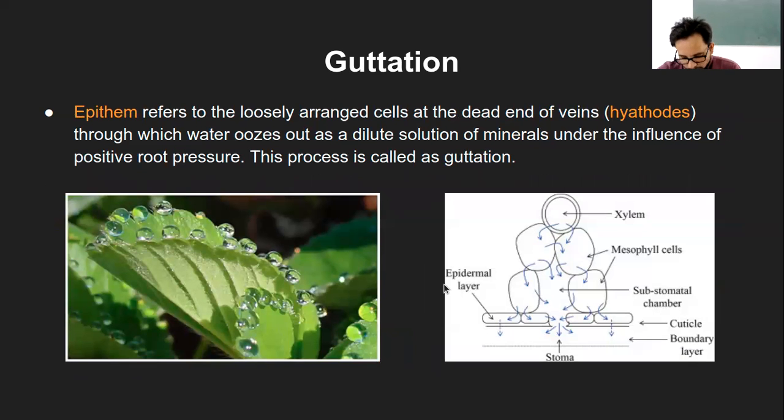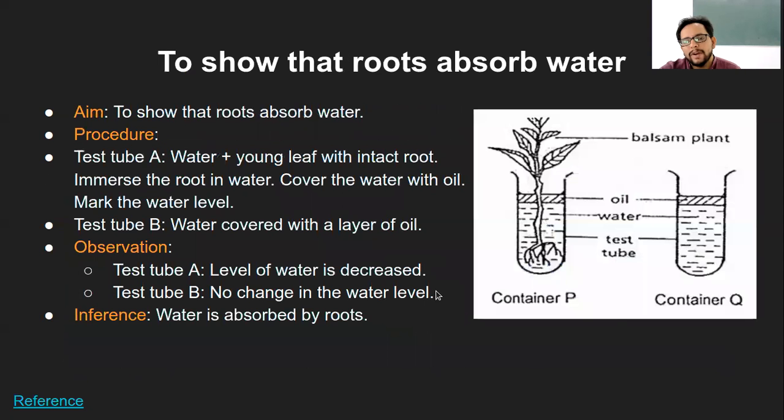Now, whatever steps or whatever experiments will be required to prove all these processes. The first and simplest thing we had seen in this chapter was that the roots absorb the water. How they absorb, what is the mechanism, that we saw much later. But the first statement that we saw was roots absorbing water. Now, if you have to prove this fact experimentally, this is what you see on your screen.